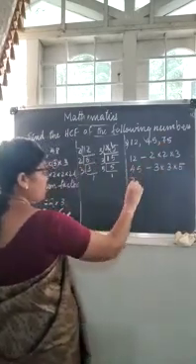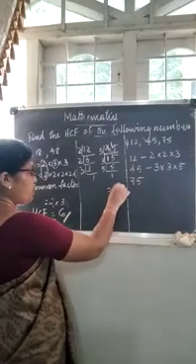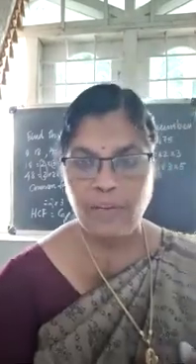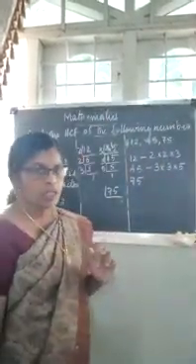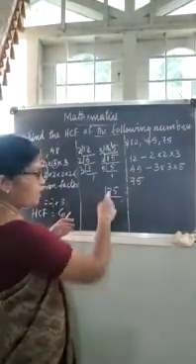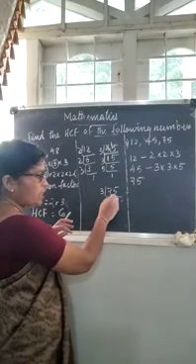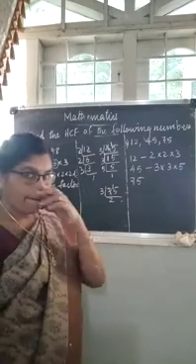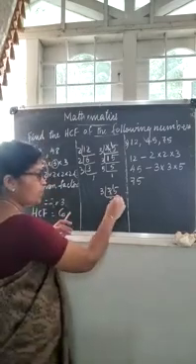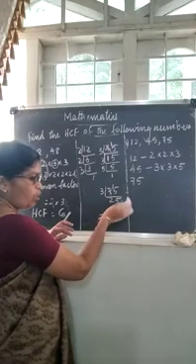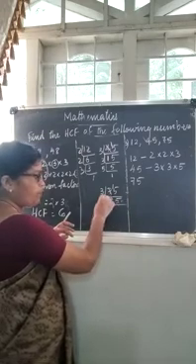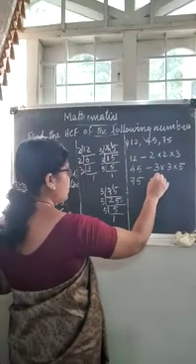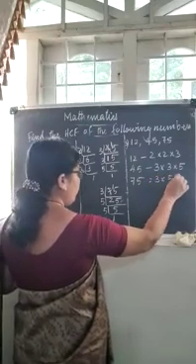Now let us do the prime factors of 75. 75, 7 plus 5 is 12. 12 is a multiple of 3, so we can divide it by 3. We cannot divide by 2 because the last digit is not 0, 2, 4, 6 or 8. From 7, how many 3s? 3 2s are 6. Then 7 minus 6, 1 we get. Then in 15, how many 3s? 5 3s are 15. 25, we cannot divide by 3. Then we can divide by 5. 25, 5, 1. So let us write the factors: 3 into 5 into 5.